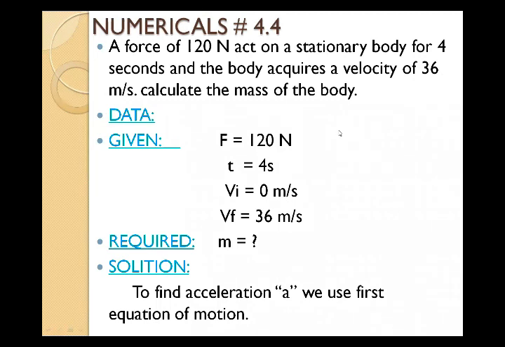That's why we cannot use Newton's second law of motion, that is F equals ma, right now, because two quantities are unknown. Which ones? Mass and acceleration. Both quantities are unknown. So that's why we cannot use the second law of motion. So we are going to